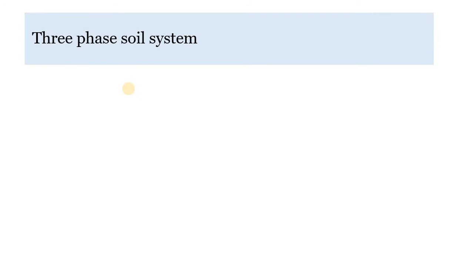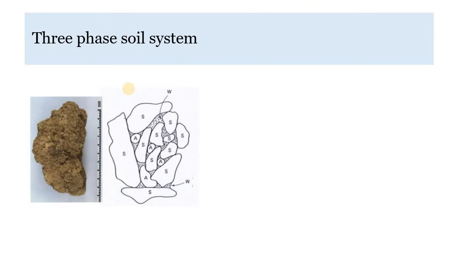Today we are learning about the three-phase soil system. Soil is not just one sample of soil particles; it also contains water molecules and air molecules in its voids between two solid particles, which is seen in the figure. You can see that in between two soil particles, some part is occupied by air voids and some part is occupied by water molecules. So whenever we consider this one unit volume V,